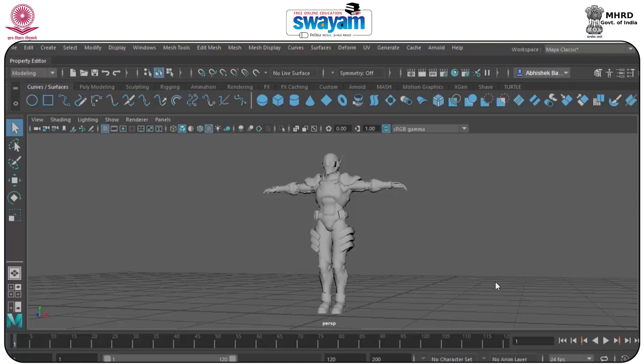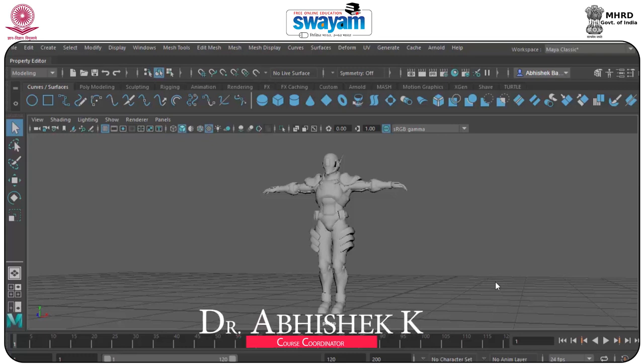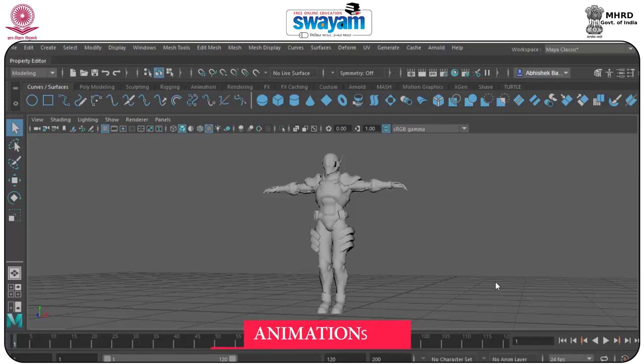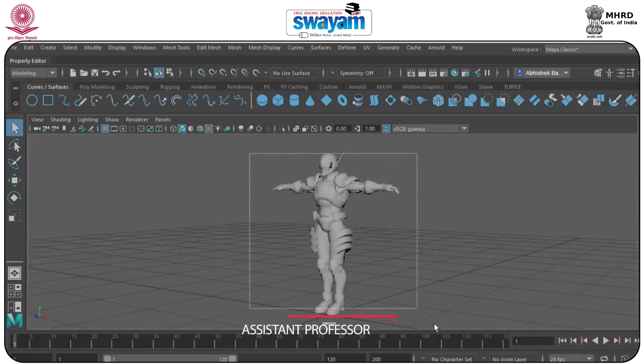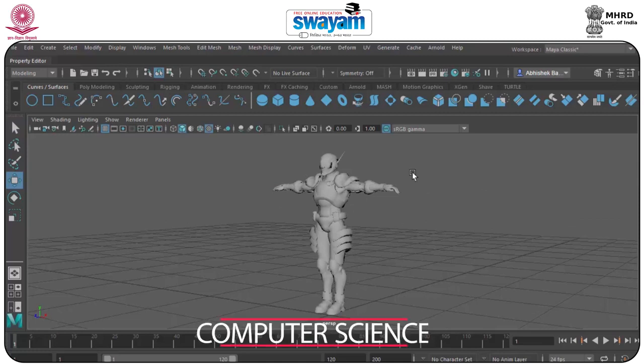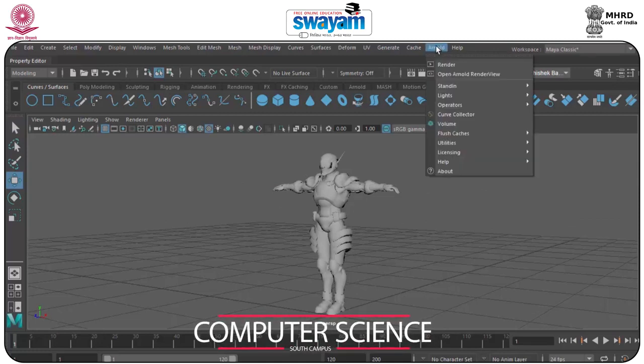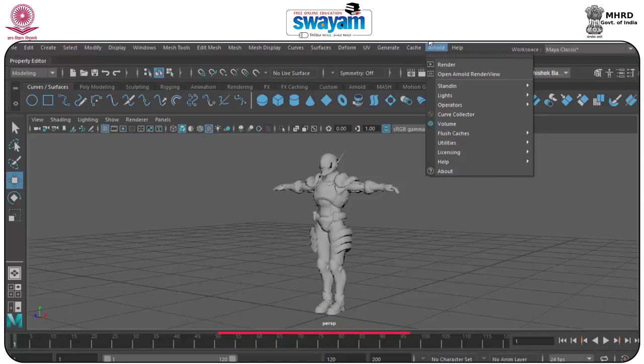Hello everyone and welcome to this course of Maya 2018 Arnold. So in this session we will understand the Arnold process inside Maya software. So let's get started. As you can see, we have imported a model and this doesn't have any texture. So right now we will use the Arnold render engine and also understand a few of the properties and features